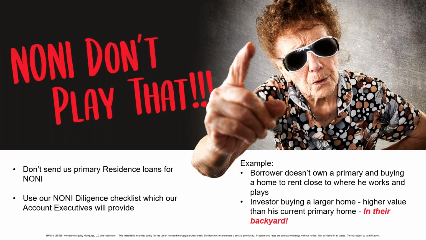Okay, so Noni is a very likable person, and she likes most deals. So the one thing that Noni doesn't like is that a loan gets submitted and it's a primary residence. So please remember, if you're a first-time home buyer or something looks fishy on a deal and it looks like maybe somebody will reside in that home, we don't want to lose our funding source. So please keep that in mind. We will not do non-owner, no income for a primary residence because we breach ability to repay. This loan is business purpose, commercial only.